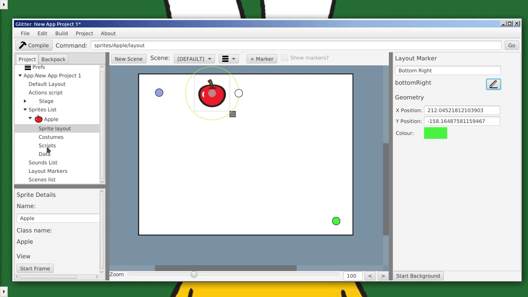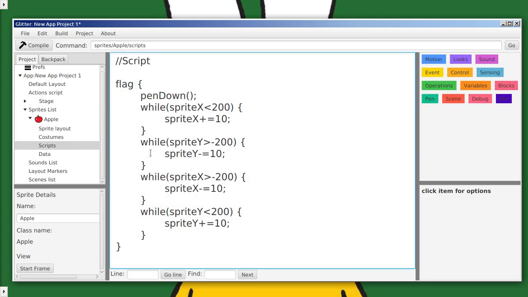Alright, so now we have our two markers. One's called bottom right, and one's called top left. So how do we use these? So this is my right hand side X coordinate. So I want to get the X coordinate of my marker. So I go marks dot bottom right, so this is the bottom right one, dot X, right,